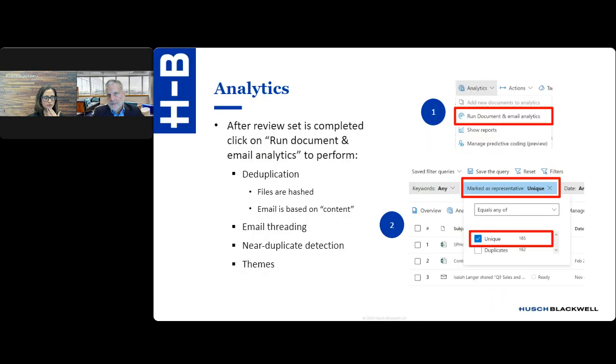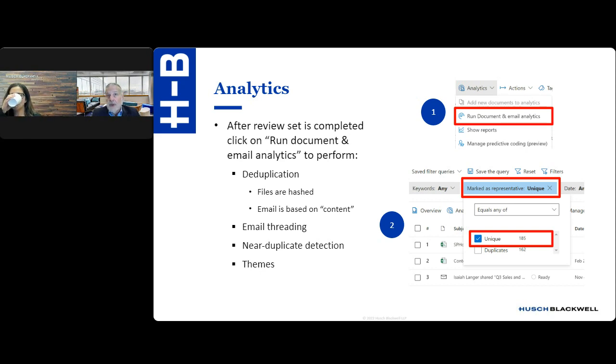Okay. And then John's going to talk about analytics and what you can do with analytics. And then after that, we'll go into the live demo. John? Sure. Thanks, Tessa. So with the analytics, this is actually an additional indexing function that will go into your,